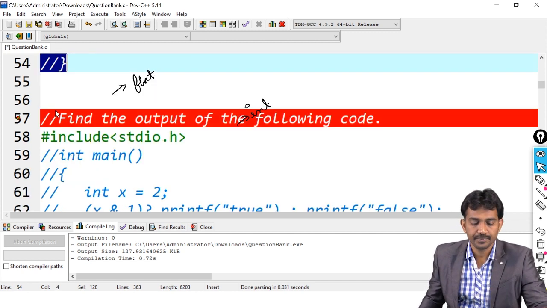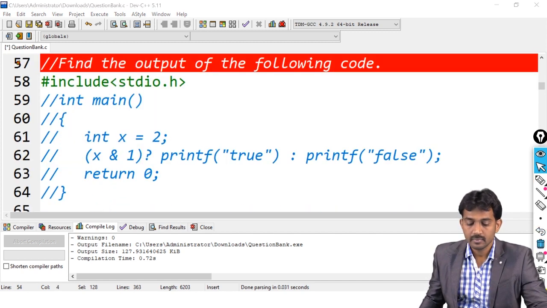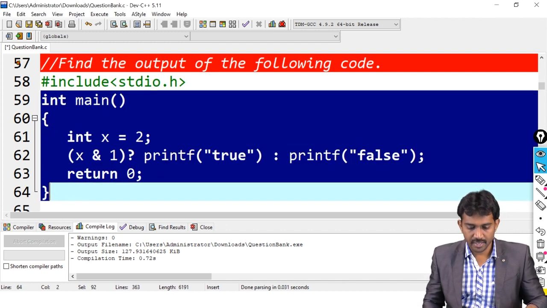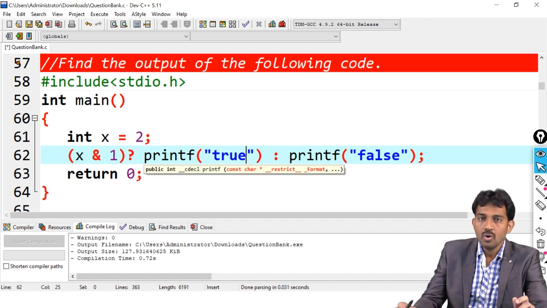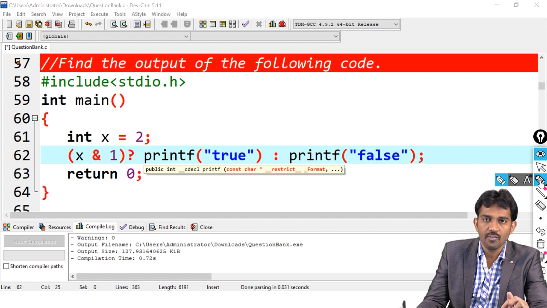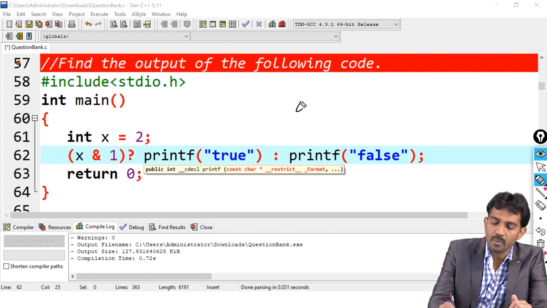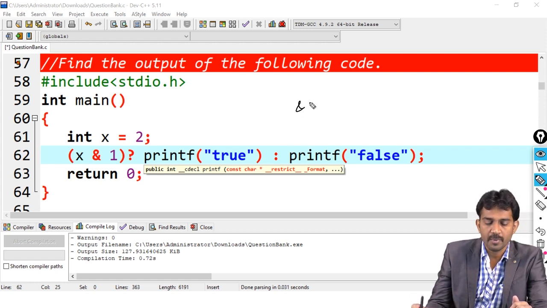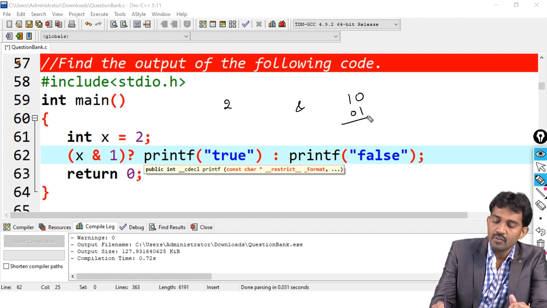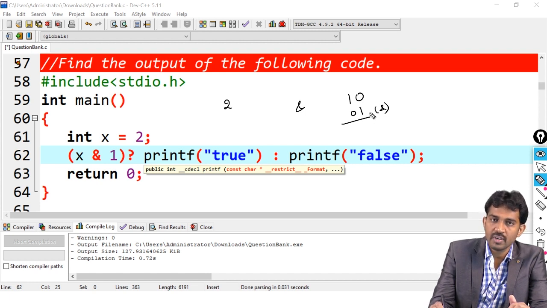Next problem. So this is the conditional operator, right? What is the output of this code? Observe clearly what they have given, x and 1. See, AND is a bitwise AND operator, right? It is a bitwise AND operator. So what they have given, 2 and 1, right? 2 means 10, 1 means 01. If you apply AND operation, both are true, then only true, means both are 1, then only 1, right?